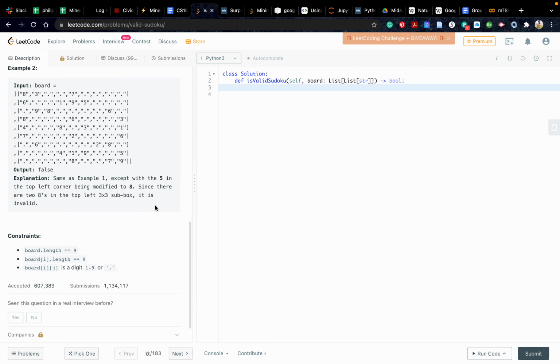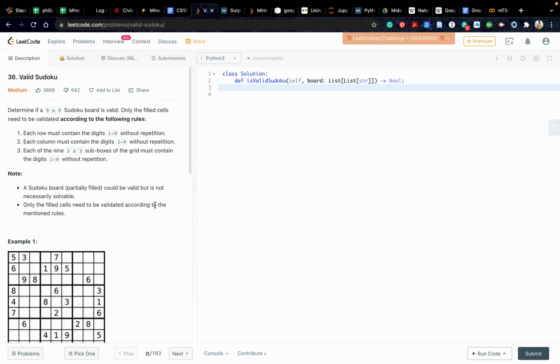Yeah, and there are these constraints, and it's labeled as LeetCode medium. So basically the idea I'm thinking of right now is to go through the board, because you sort of have to check through the whole board to make sure. If we check through the whole board and have still not returned false,